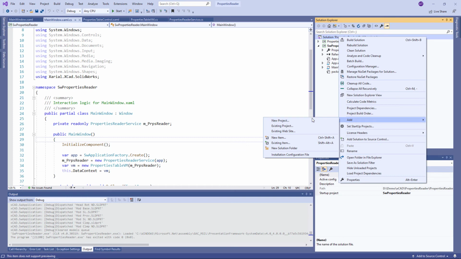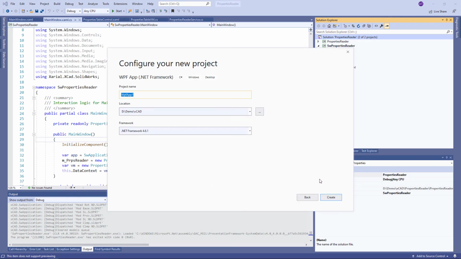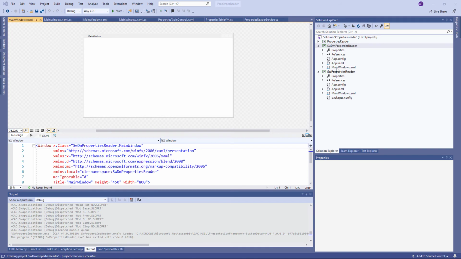Now we're going to use SolidWorks Document Manager API to load the same properties. I will create another WPF application and call it SWDM Properties Reader. Just a brief introduction of what Document Manager is. Document Manager is a separate library provided by SolidWorks, allowing to access for read and write some metadata from your files. This library does not use SolidWorks API directly and provides to read and write information directly from the file